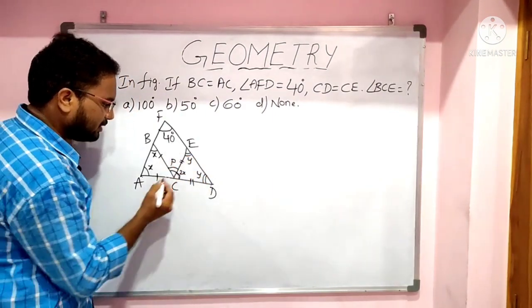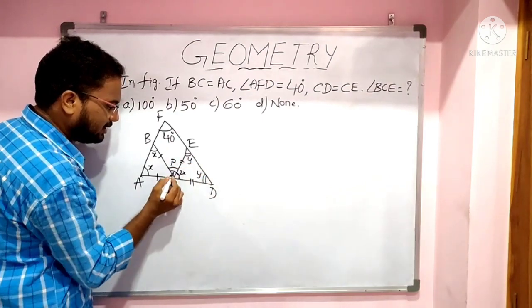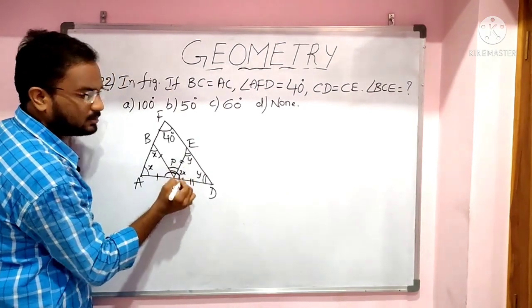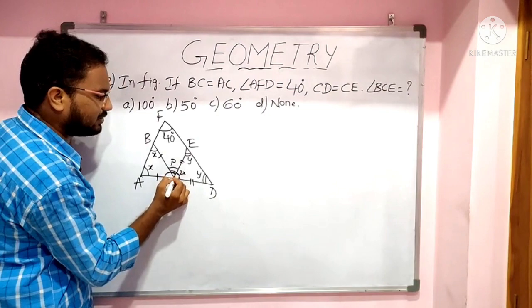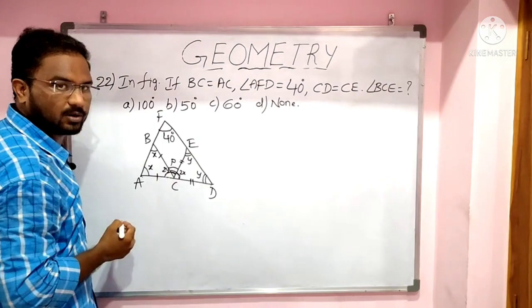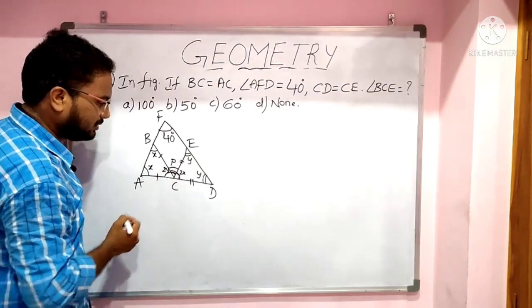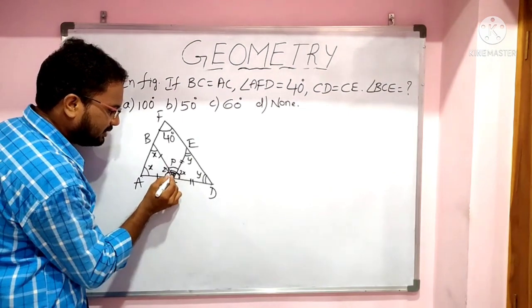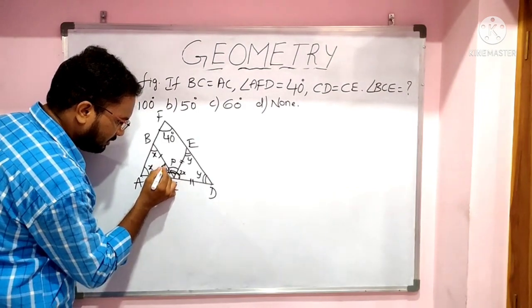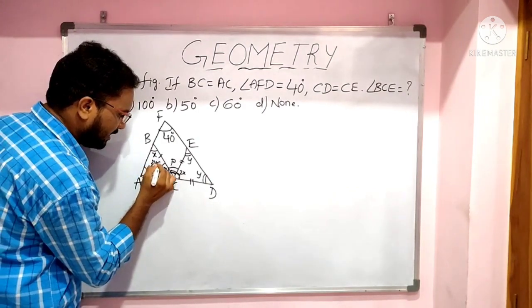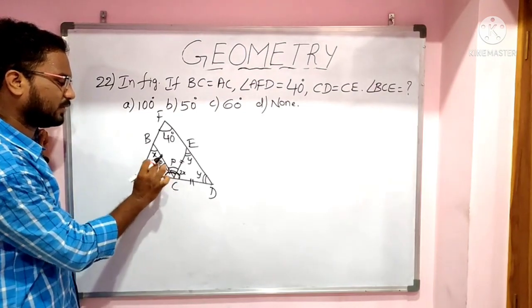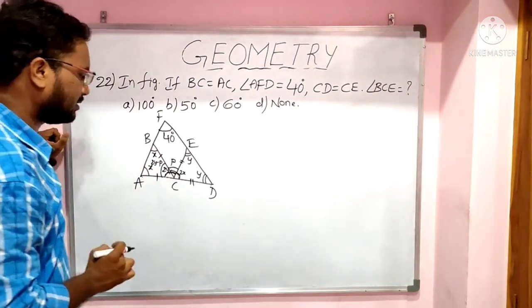In this triangle, this is the exterior angle. So this exterior angle equal to sum of opposite interior angles. So this total value is 2y. So this is 2x, this is 2y, this is P. So this value will be 2y minus P. So if you take, this is a straight angle.